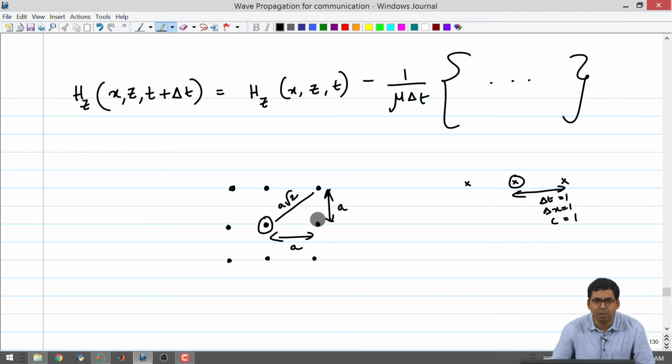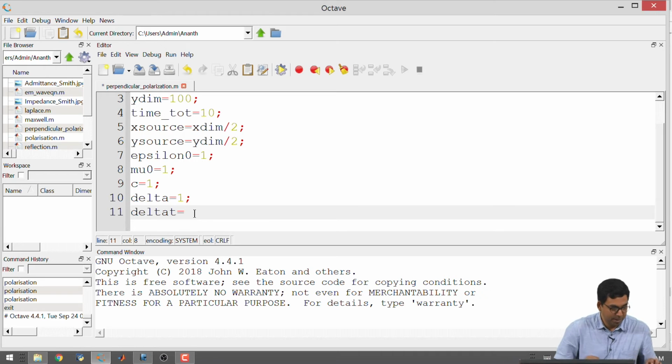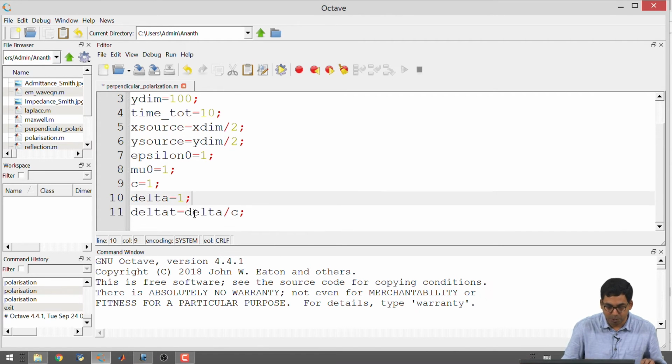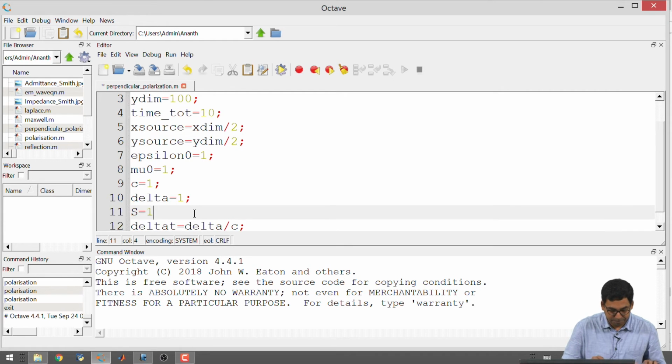More details will be given to you in the higher level courses. Okay. And you should have a feeling, if you are going to go for a 3-dimensional space, then you have to consider the body diagonal, alright, because the velocity along that will be the highest. So, depending upon the dimensionality of the problem, the choice of delta x and delta t should be taken care of, right, but it is not very difficult. In this case, we will define delta t to be equal to, say, delta divided by c, and we have to factor this root 2 somewhere. So, I am going to introduce a factor 1 by square root 2.